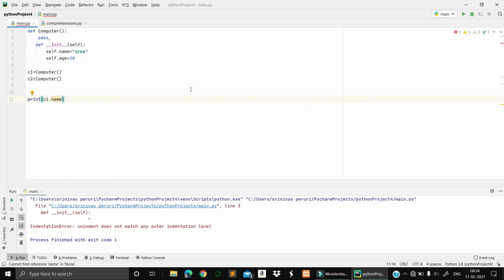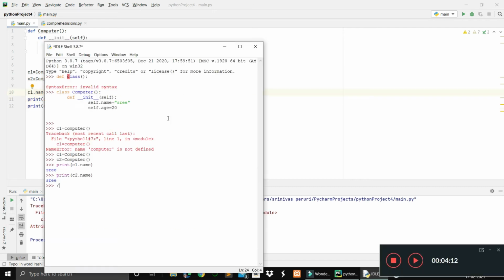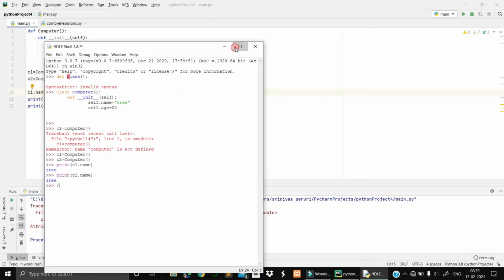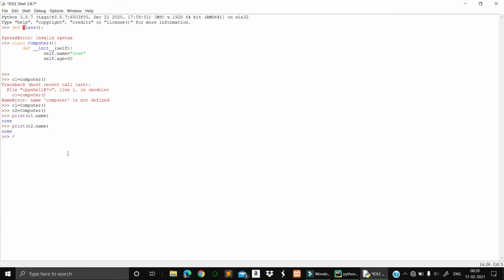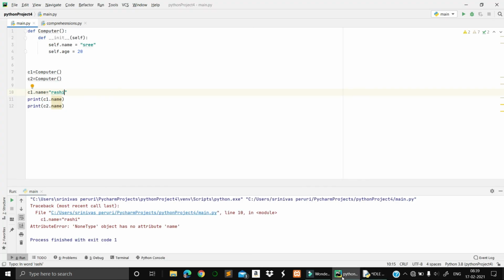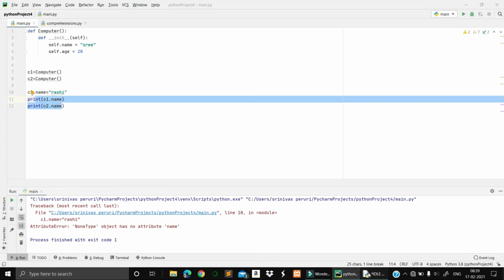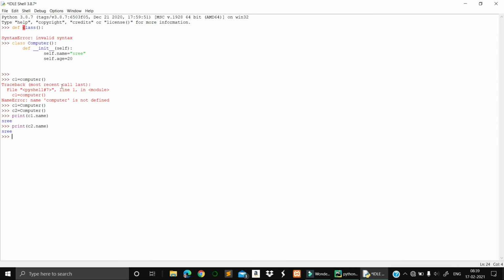Line number 3. Okay friends, I don't know what is happening with my PyCharm. This is going wrong. So when I print c1.name, I'll get the value that is given here, and printing c2.name I'll get the same value.